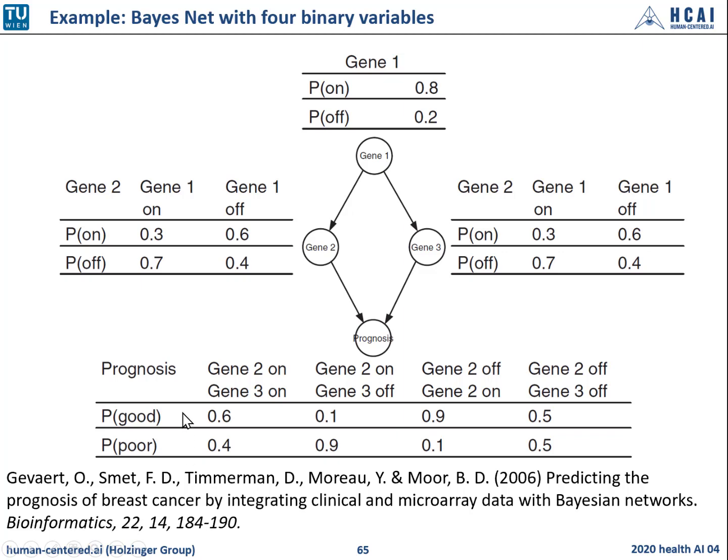So here you see these graphical models for this genetic case along with the conditional probability tables. The conditional probability tables specify the probability that the variable takes a certain value given the value of its parents. And in these slides, we see an example of a Bayesian network with 4 binary variables. The prognosis variable in this example has 2 parents, gene 2 and gene 3 here. And the CPTs for each variable are shown alongside each node. You can, of course, express this in a computer.